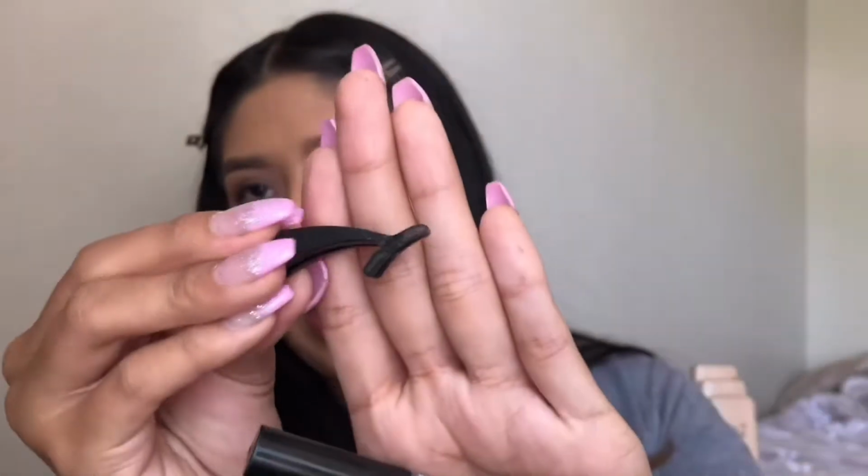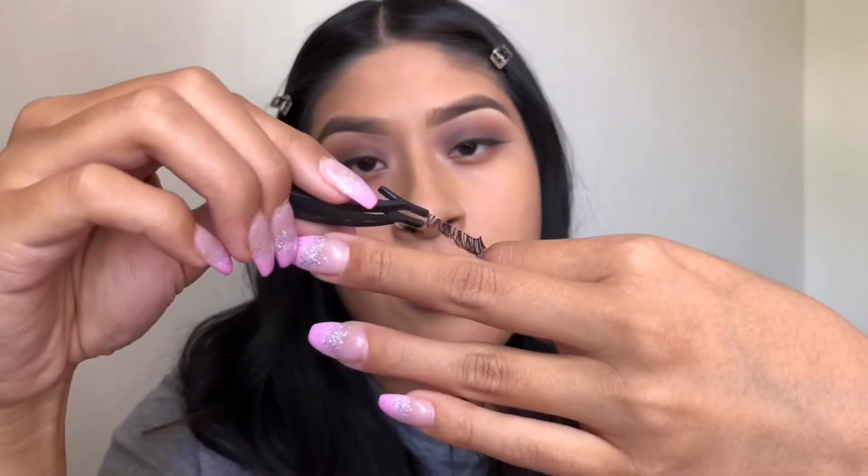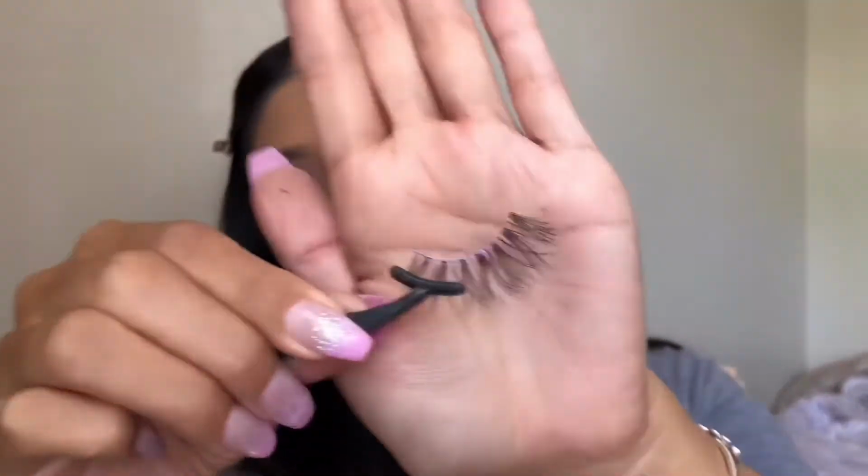If you get lashes and they come with these little black plastic tweezers, applicators, these help a lot too. Let's use these, because I know a lot of girls get these in their lashes box, and a lot of times people just throw them away, which is fine, but I'll show you how to use them right now. Another tip for putting on lashes, let the glue dry for a few seconds. Don't just put it on right after you put the glue on, because then it'll slip and slide everywhere. Lashes applicator, slide it through like that,